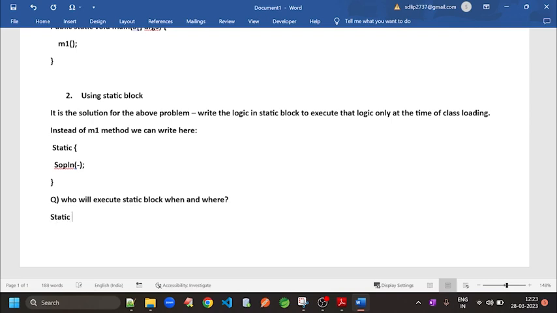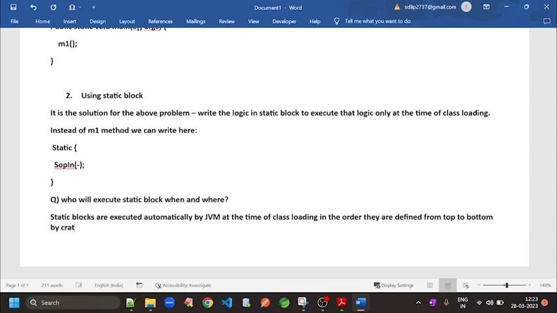So static blocks are executed automatically by JVM at the time of class loading, in the order they are defined. Okay, from top to bottom,